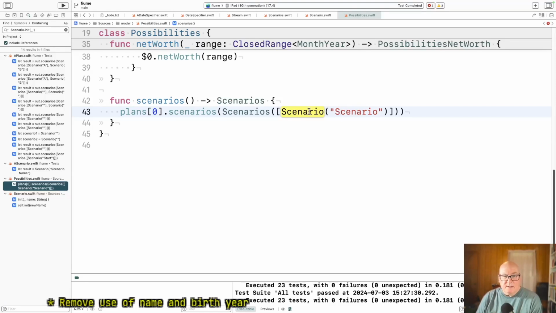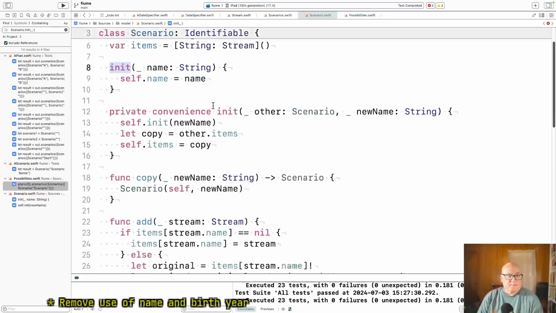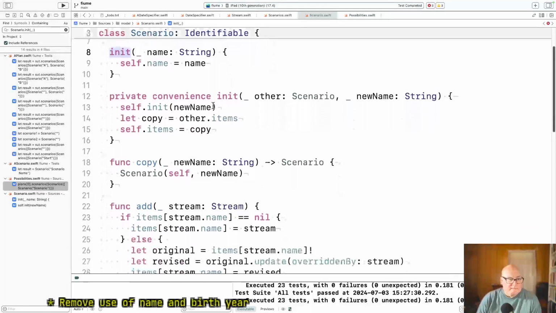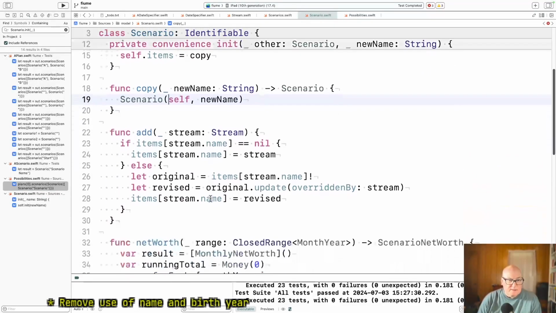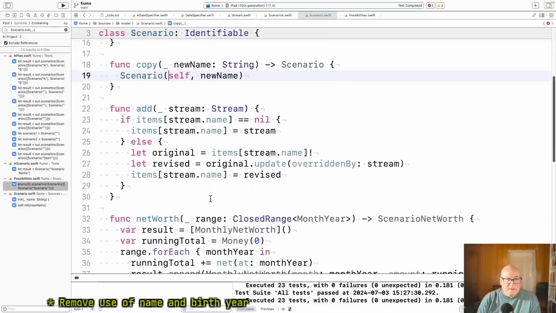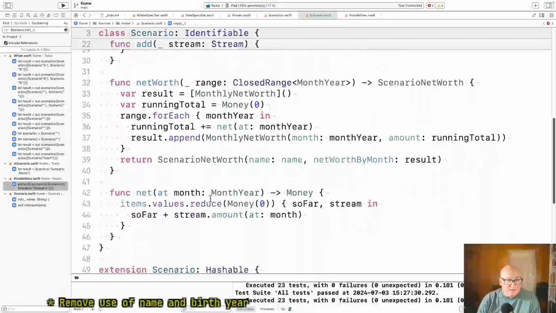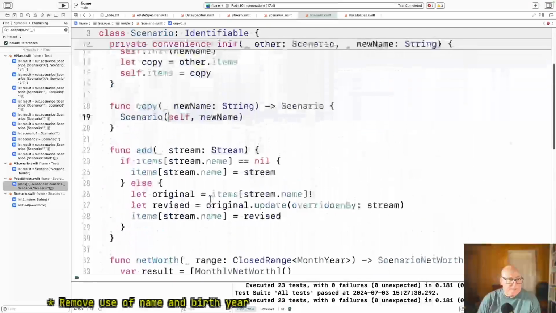I think I can give scenario. Yeah, he does copy and built a new scenario. Something else calls copy.